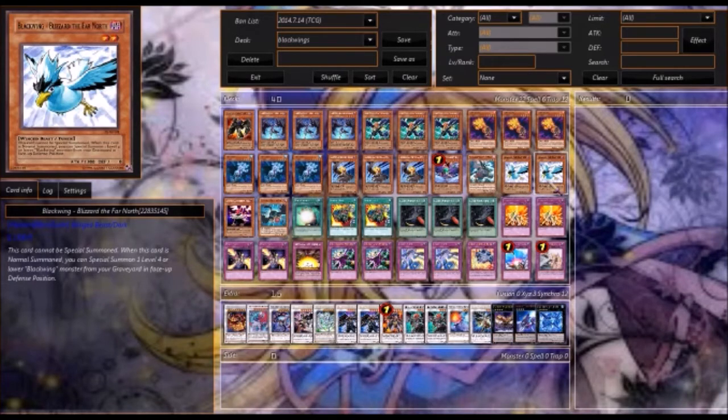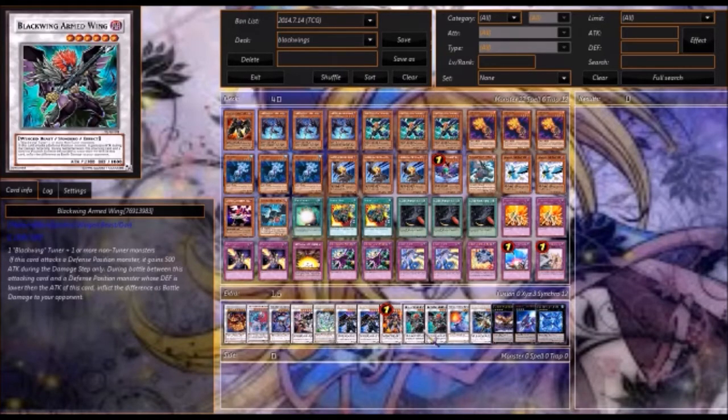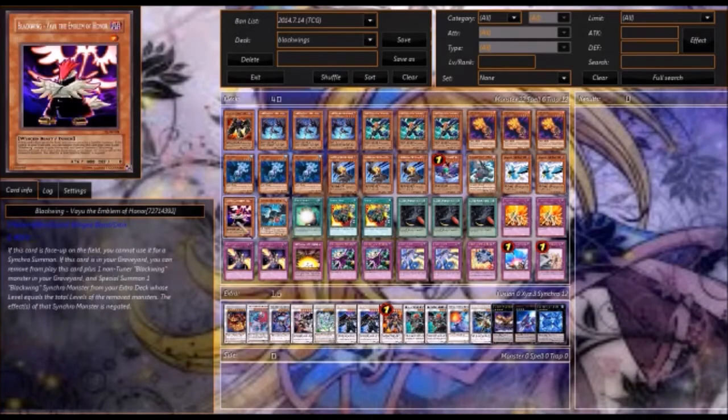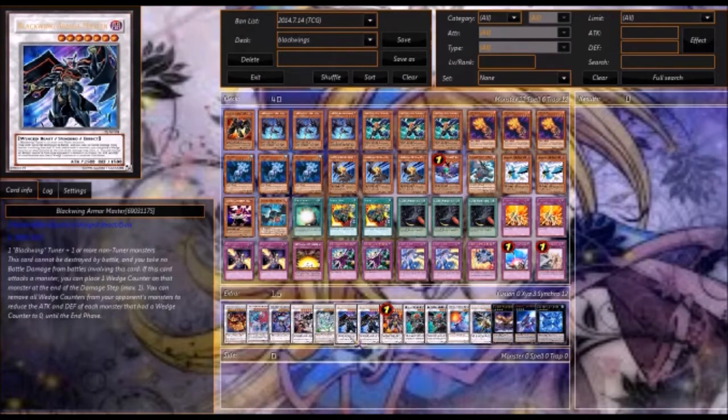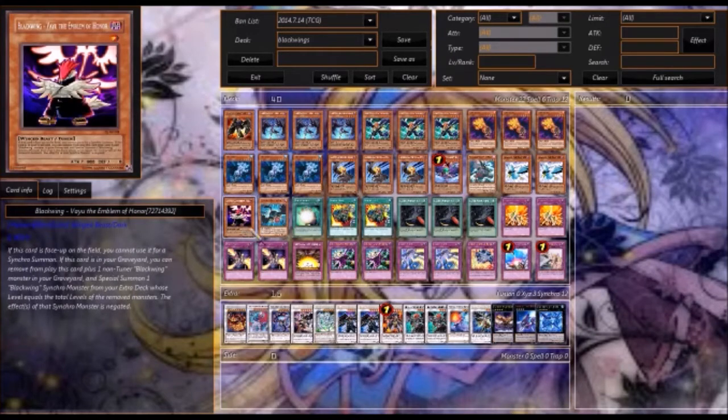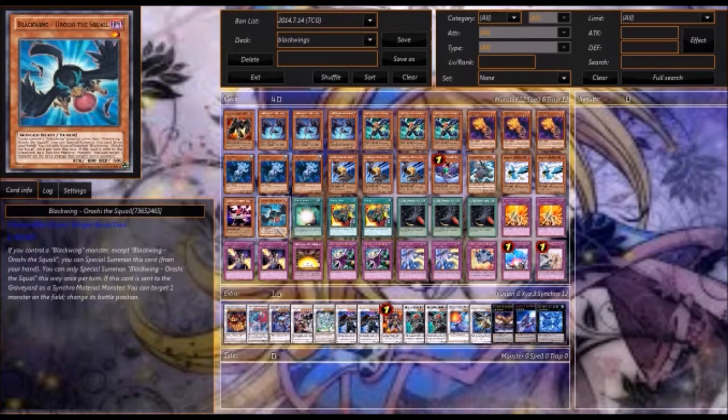Then we can use that to go into Armed Wing or Goyo. So he's really, really nice. And then we have Bayou. Bayou can be very tricky if you can get him in the grave, and if you did the whole Leo thing, where you have an Armor Master in the grave, you can then make Silverwind the Ascendant real easily with Bayou, I believe. Then we have Orochi, another Blackwing that can summon himself,